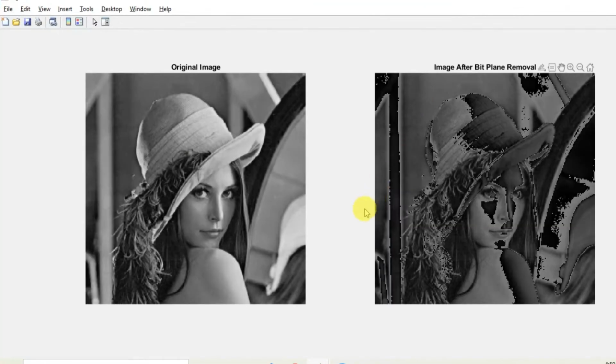Now you see I have removed the most significant bit plane from the original image. Each and every region in this image plane is lacking something, some information that was in the original image plane. This is a demonstration of bit plane removal.